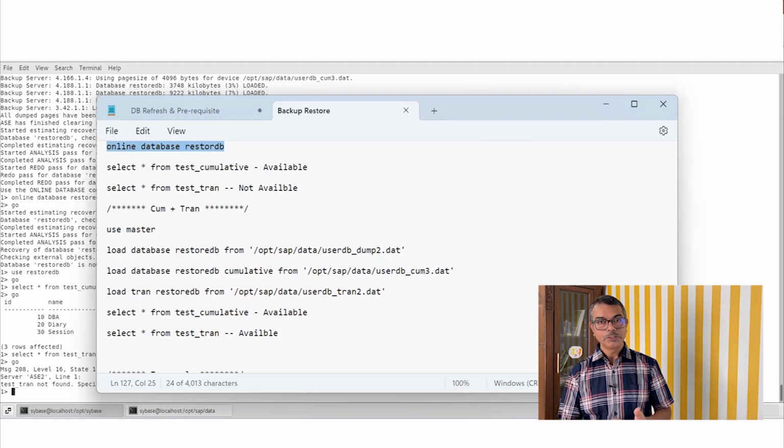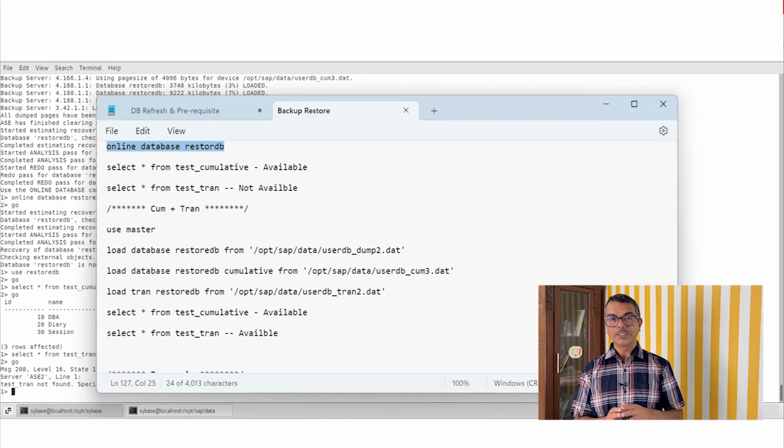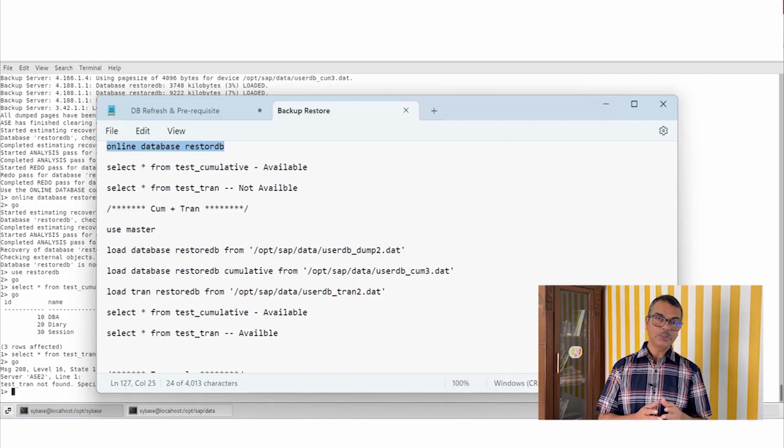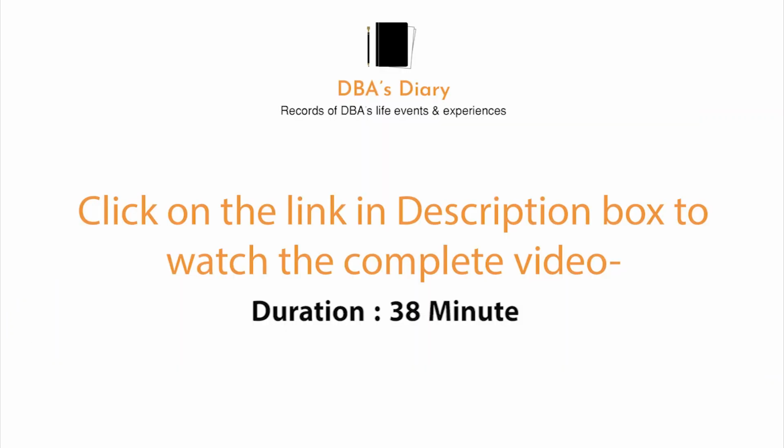But as I mentioned, tran backups have to be in sequence, whereas cumulative is not dependent on that. But if you want the sequence of cumulative plus tran, you need to find out the time of the backup which was taken, right? So let us do this. Here we'll load the full dump, then the cumulative 3 which was